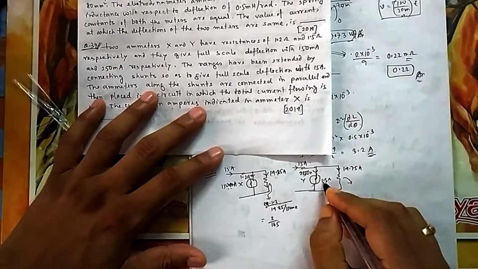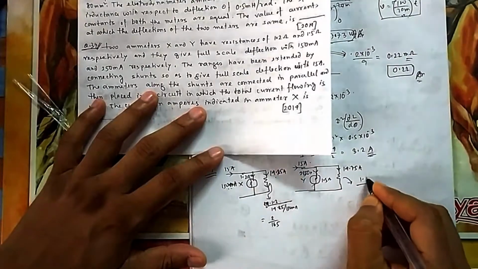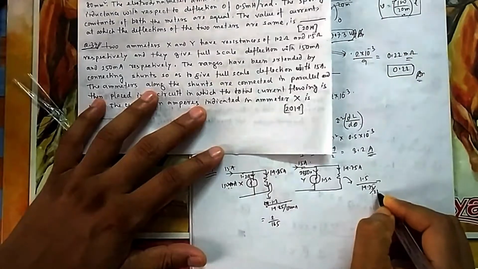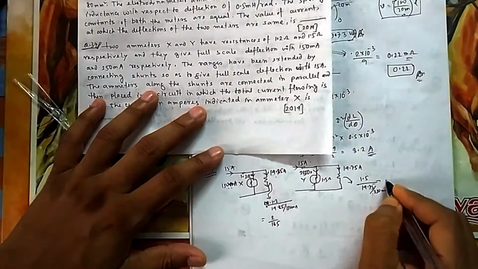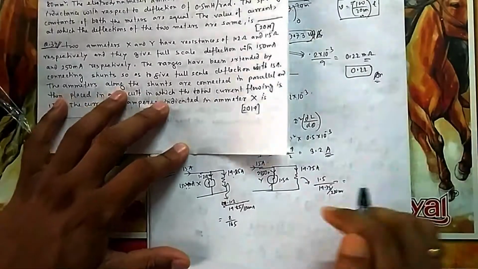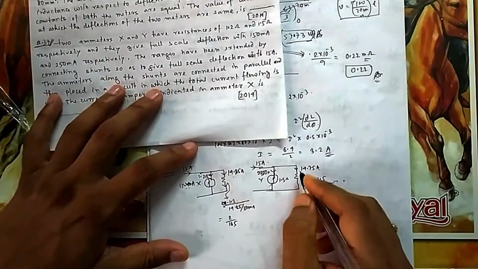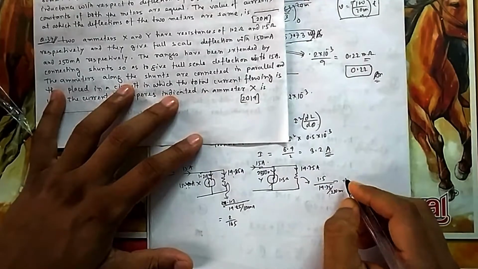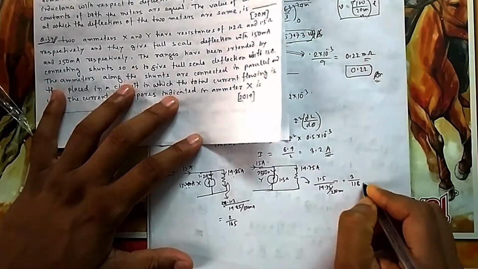Similarly, what will be this one? What is the ratio by which it is increased? With that ratio it will be decreased. So it is increased by 14.75 by 250 milli. So with this value it will be decreased, because if resistance decreases, only then will this much more current flow through it. We have solved lots of questions previously also. So it is 3 by 118.